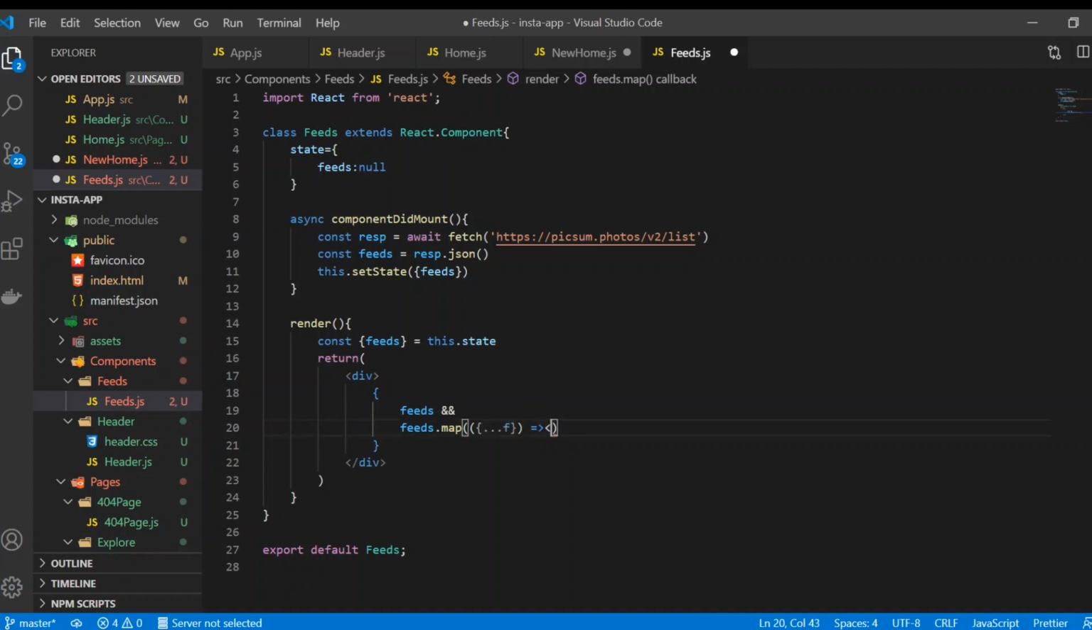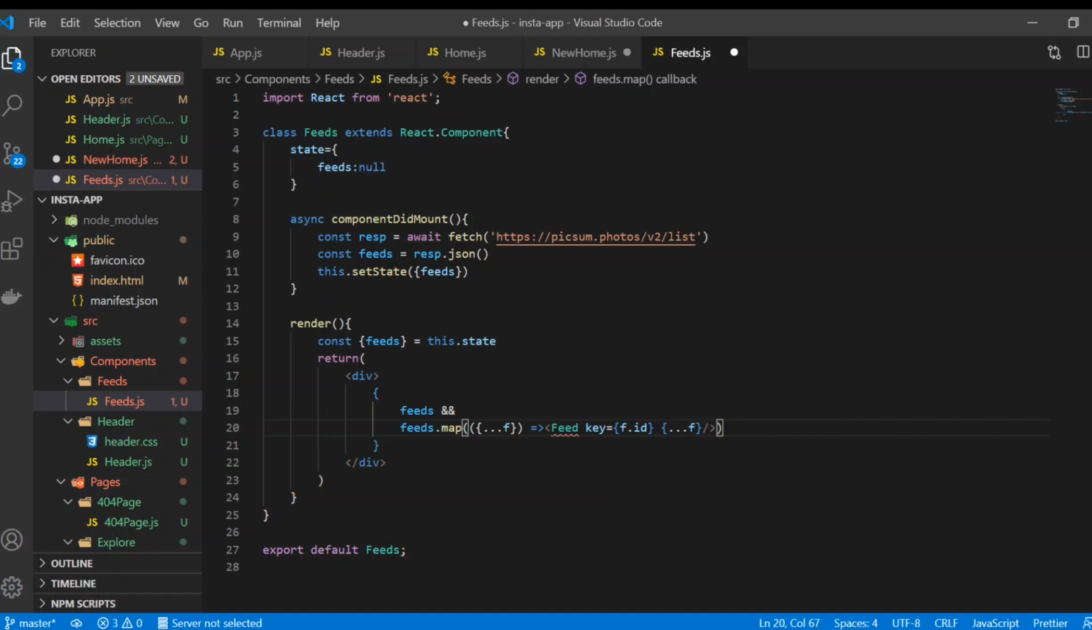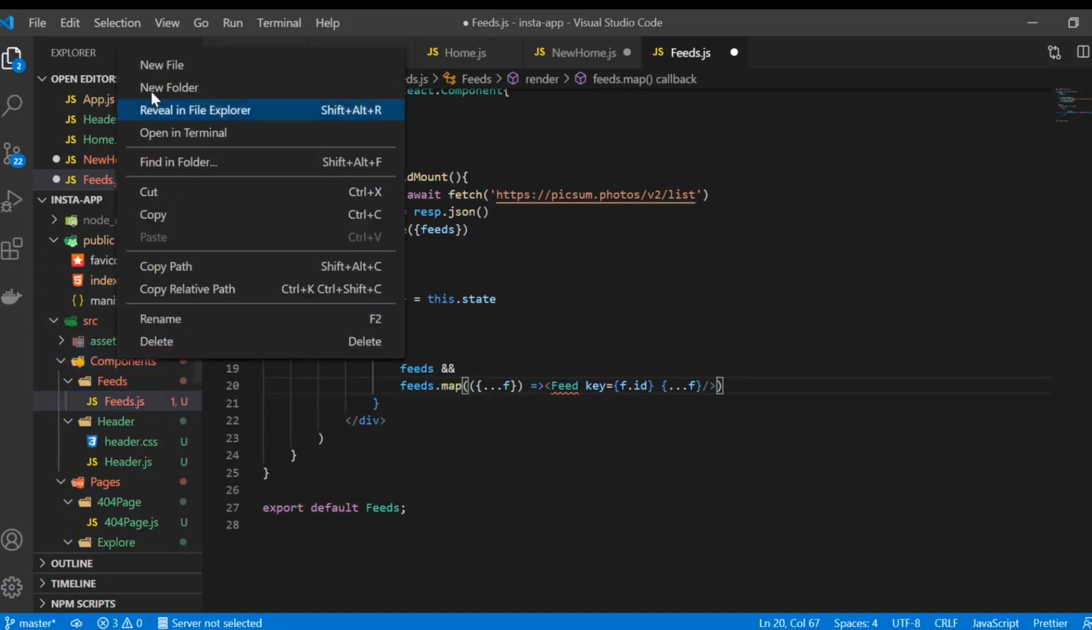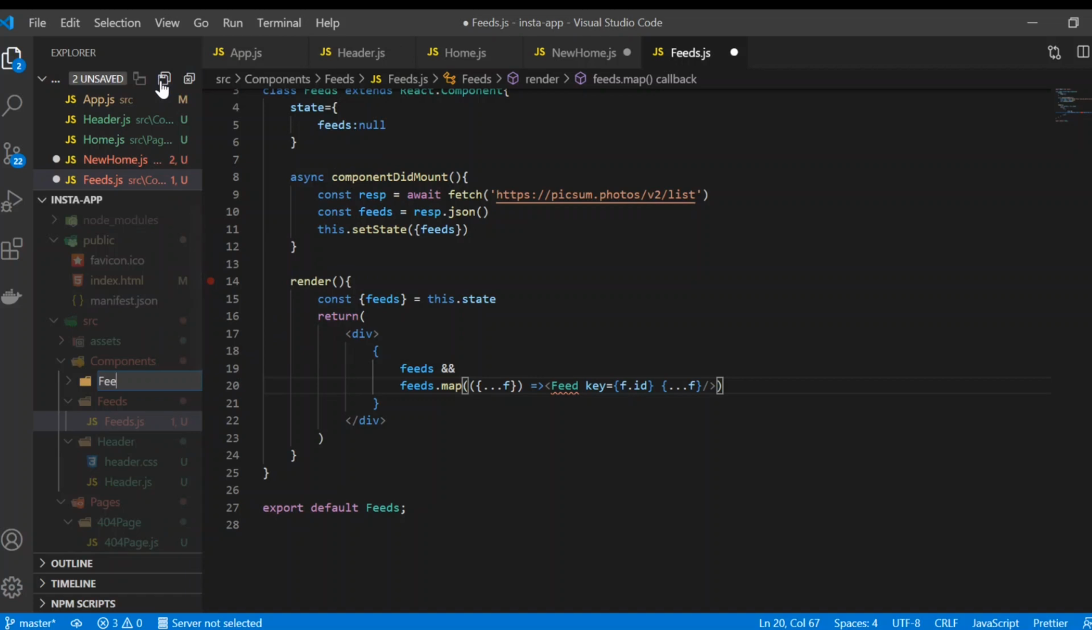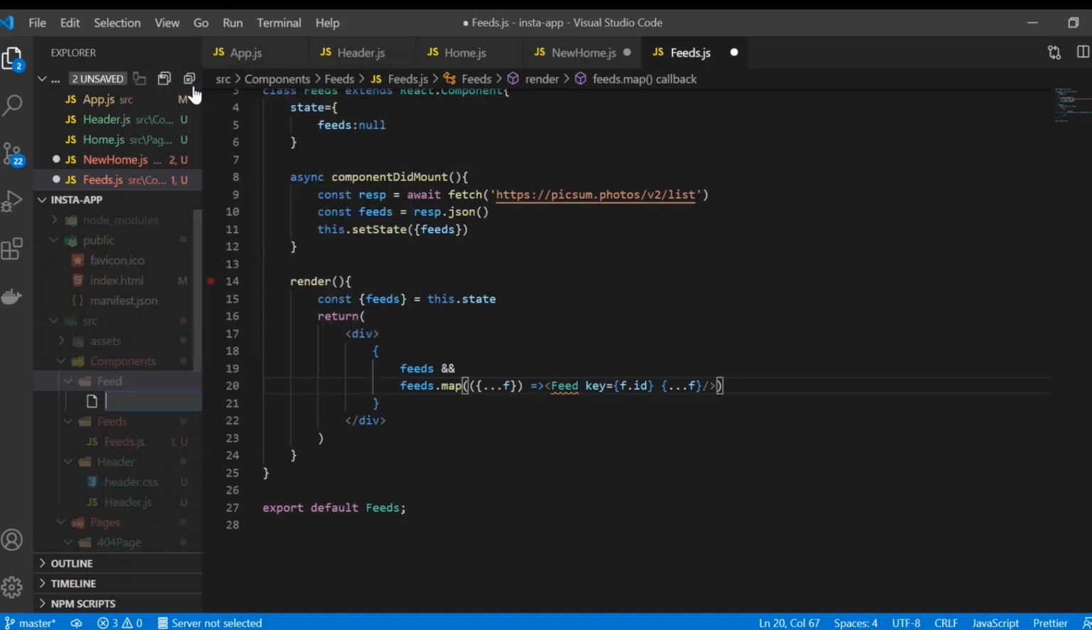And in here we are going to use a new Feed component, where we're going to use this key to distinguish each feed, and also we're going to spread all the information inside the feed. We haven't created this feed component, and we're just going to create it right now. So again, I'm going to create a new folder called feed, and in here a new file called feed.js,